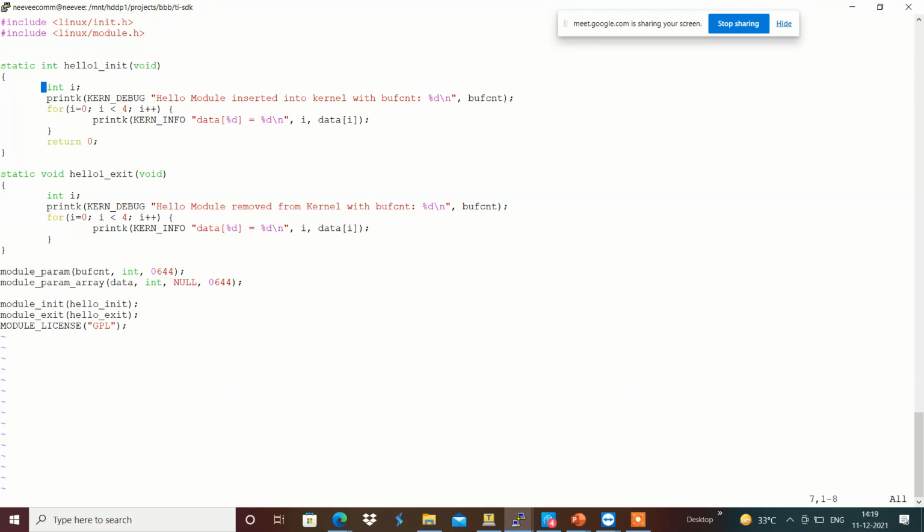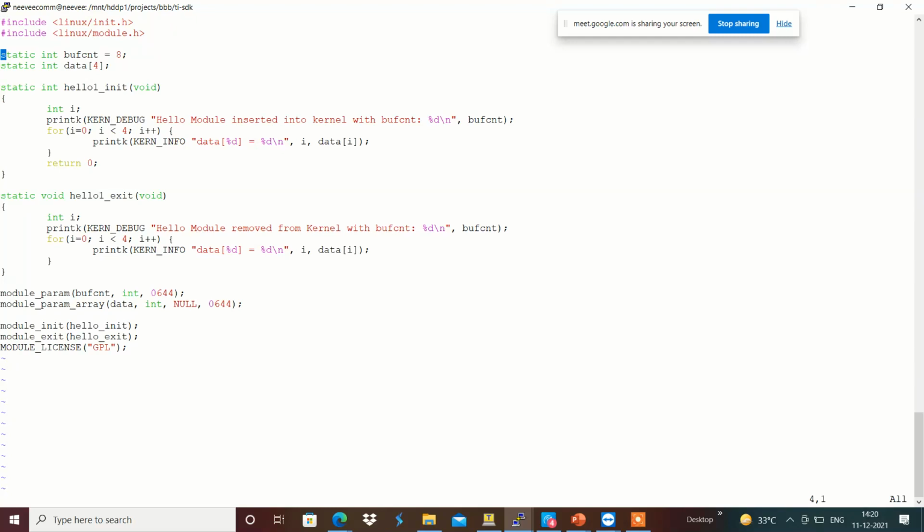I'm going to create a simple module which does not do the insmod itself, but is provided with functions that will have the symbols accordingly. For example, I'm going to use the functions hello1_init and hello1_exit.